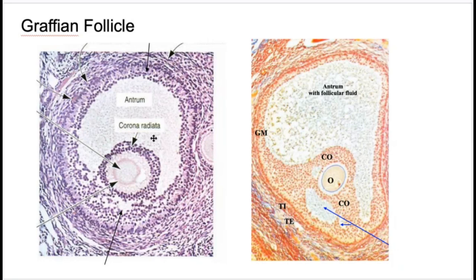That is the number one thing you're going to notice. You're going to look at this huge white space. You know this is a Graafian follicle. It's also going to be much bigger than the other follicles. You're also going to see the oocytes, and there are two new structures that you're going to see inside the